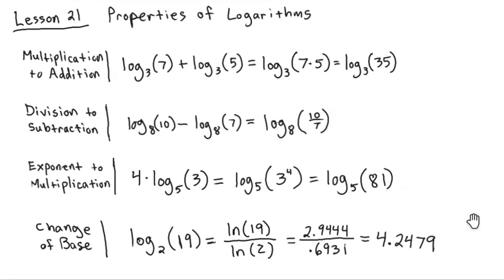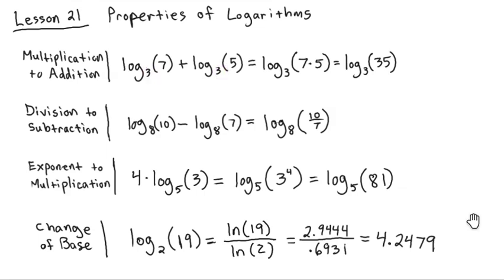But these properties of logarithms really are useful. They're pretty simple, and there's four of them. The first one I call the multiplication to addition. Let me show you what's happening here. You have more than one logarithm. So here's a logarithm. And what's important about those two or more logarithms is they have to have the